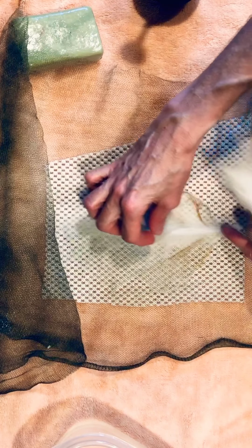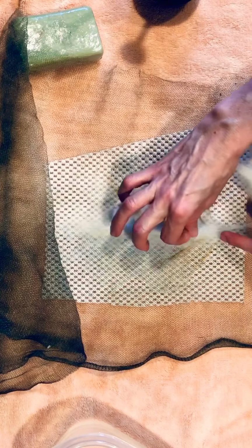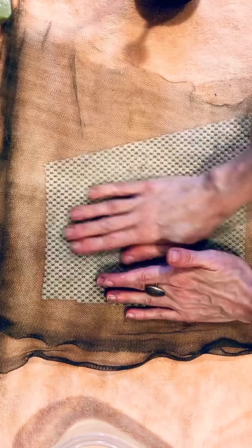Oh, I lied. Look at, see, I don't like that at all, so I am going to put a little bit more fiber in there. Just a little. I mean, we have a top and a bottom anyway, so okay, that'll do. Get my soap. All right, so now I'm just gonna lightly rub. I wanna take care not to move the wire too much,